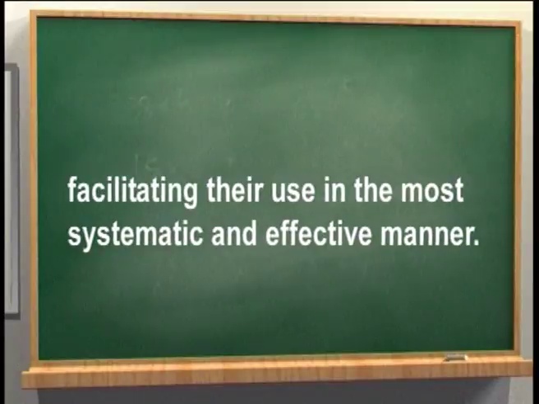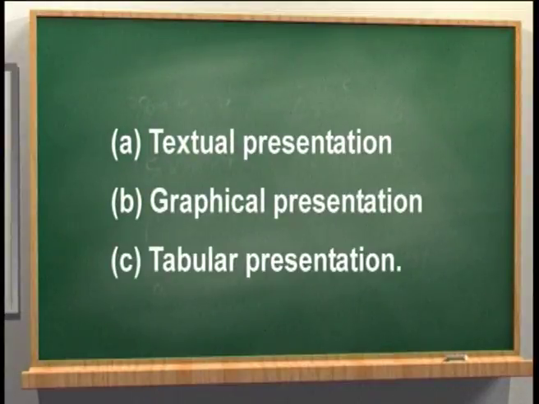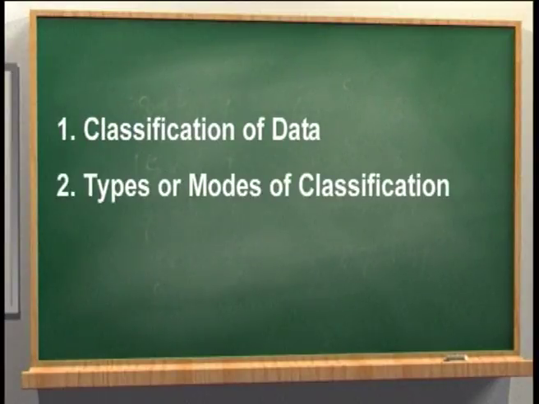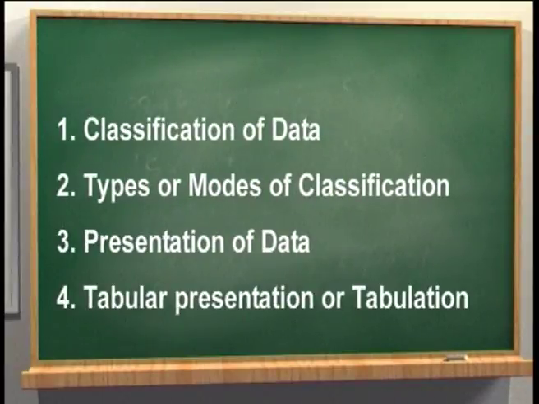Classification is the way of arranging the data in different classes in order to give a definite form and a coherent structure to the data collected, facilitating their use in the most systematic and effective manner. Statistical data can be presented in three different ways: textual presentation, graphical presentation, tabular presentation. We will discuss the classification of data, types or modes of classification, the presentation of data, and tabular presentation